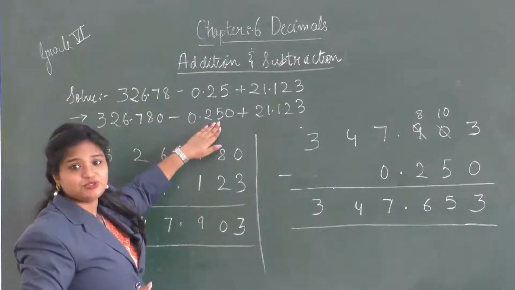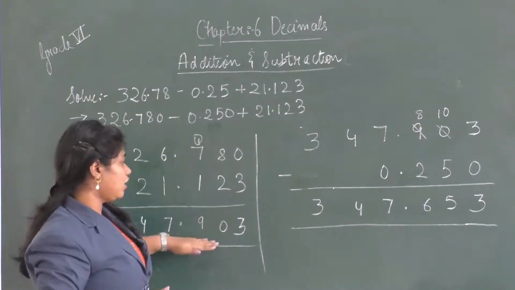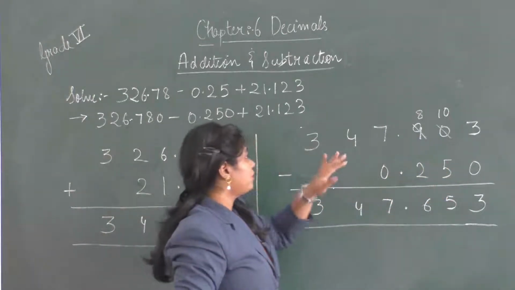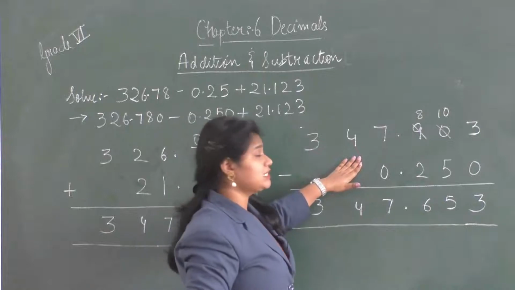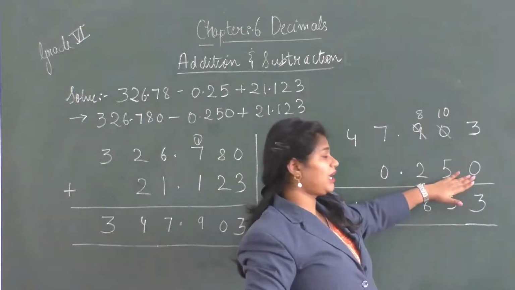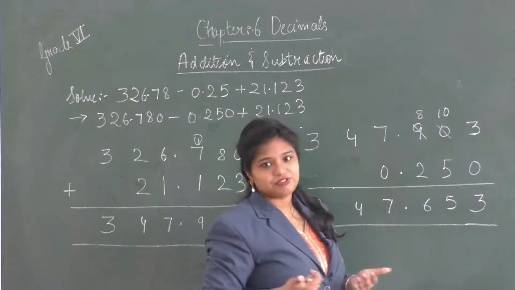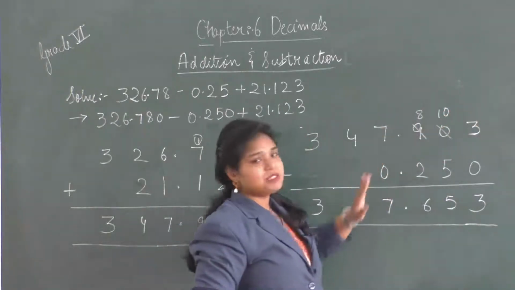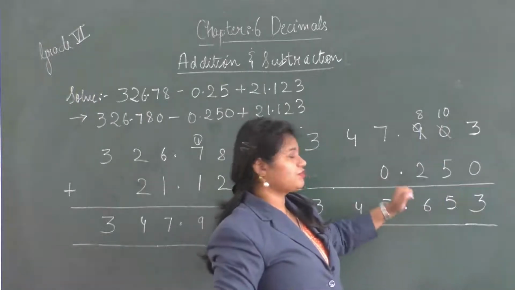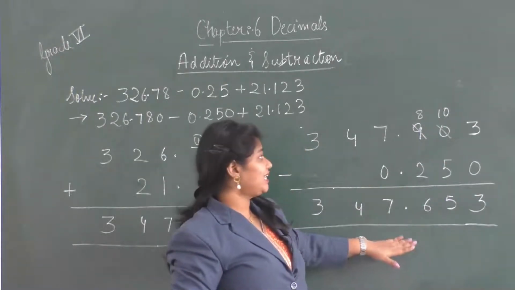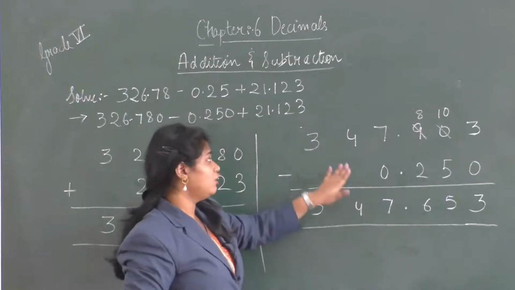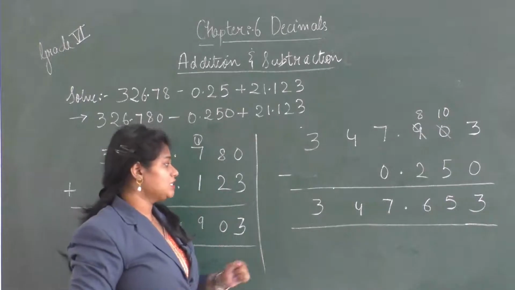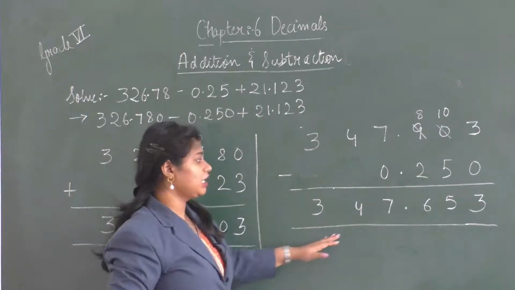Now we will take this number and we will subtract 0.250 from the obtained sum. So when you subtract 0.250 from 347.903, your answer is 3 minus 0 is 3. 0 minus 5 is not possible, so we take a borrow. 0 becomes 10 and 9 becomes 8. So 10 minus 5 is 5. 8 minus 2 is 6. 7 minus 0 is 7. 4 will be written as it is, 3 will be written as it is. So your obtained answer, or difference, is